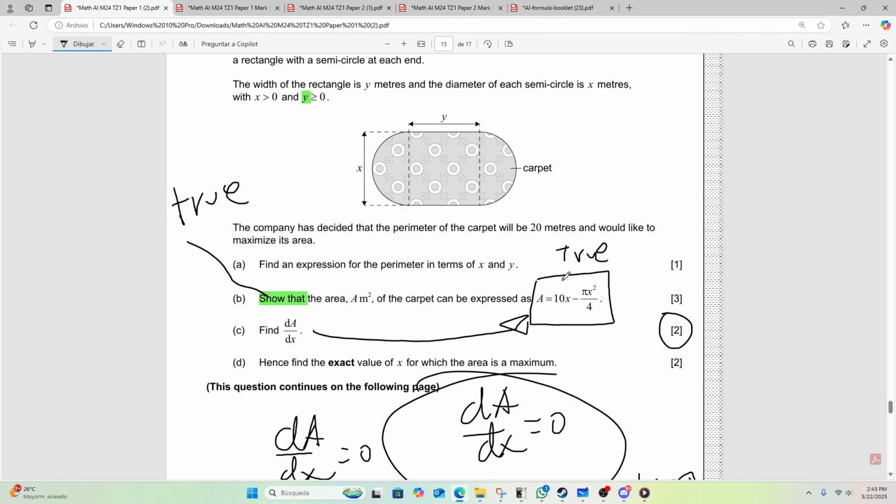And you might be thinking, okay, but I never got that. So you're told, oh, but they're giving it to you. It says show that. So be very aware of where you can skip ahead in order to claw for points, okay?